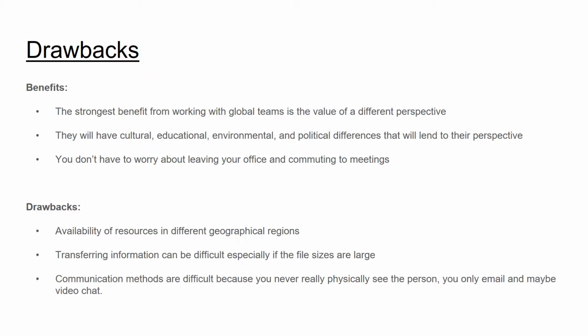So we're going to go into a few of the benefits and drawbacks of working with a global team. We've got three benefits, main ones that we want to talk about. The strongest benefit from working with global teams is the value of a different perspective. They will have cultural, educational, environmental, and political differences that will lend to their perspective. So this can be a value if you're used to just working very close in a geographical area and you don't get around the world much, especially when you're doing a project that is in a very far away geographic